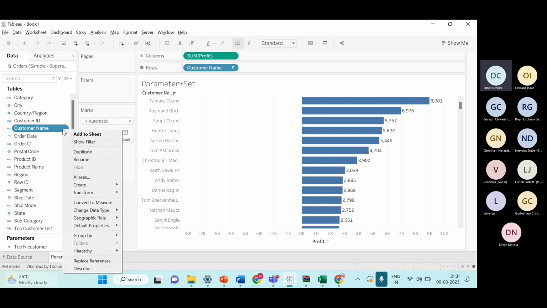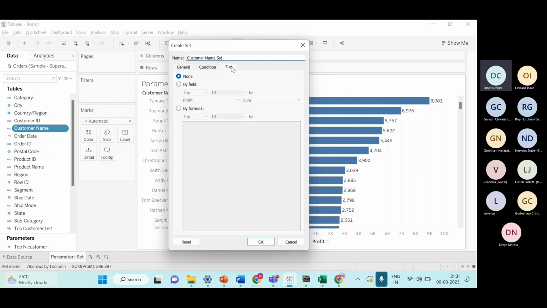Again, go for customer name. Again, go for create. Again, click on sets. Now click on top condition. Previously, we have created the top customer list. The same way we have to create the bottom customer list. Go for the by field. Now this is the by field option, top right. We have to choose bottom. In that bottom,